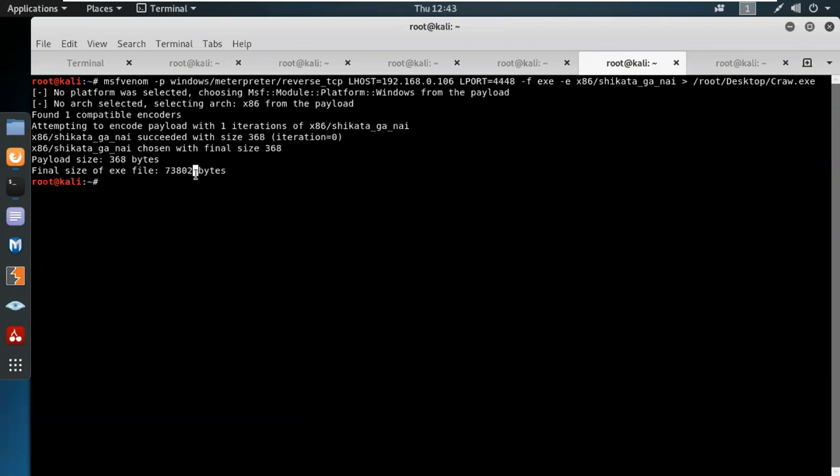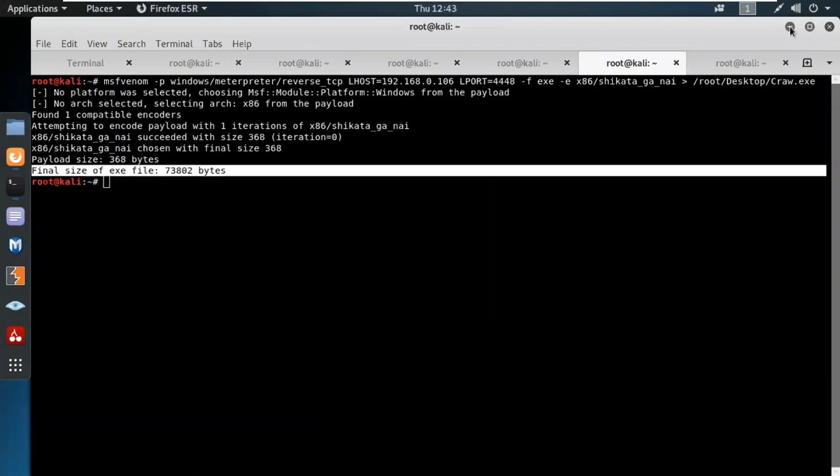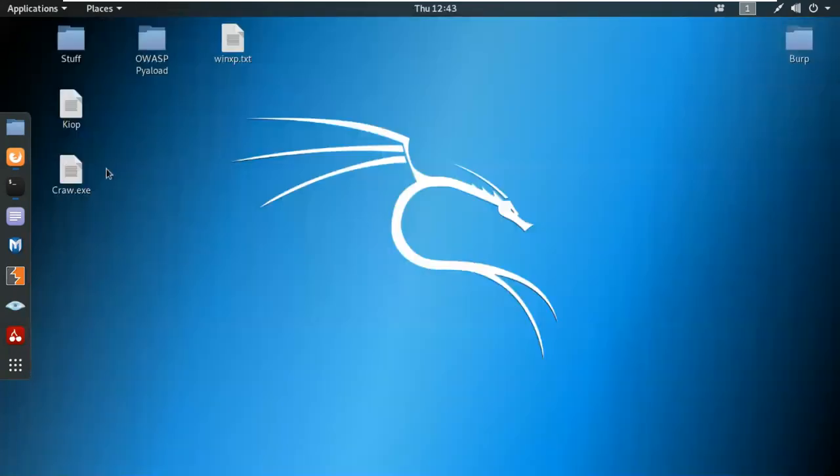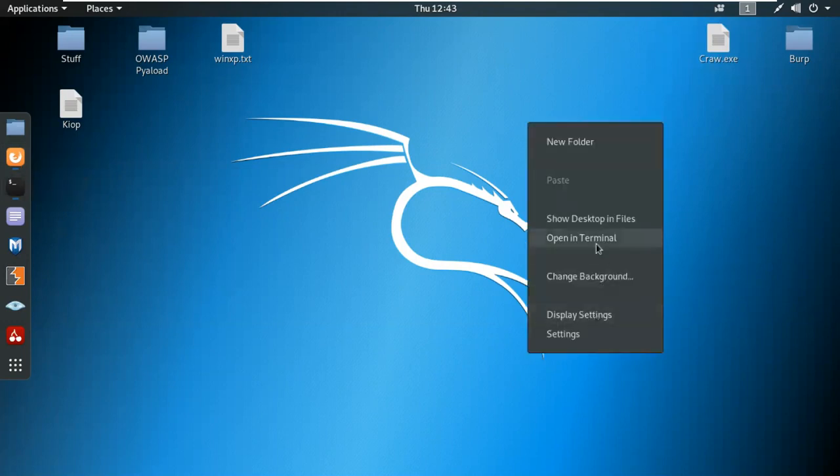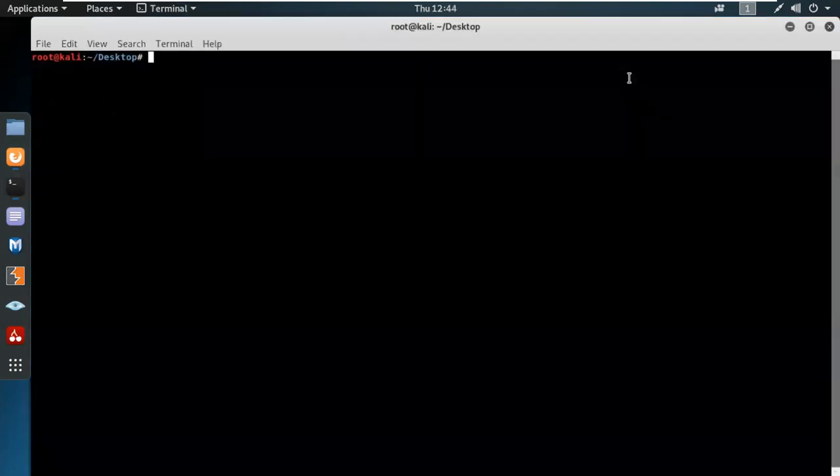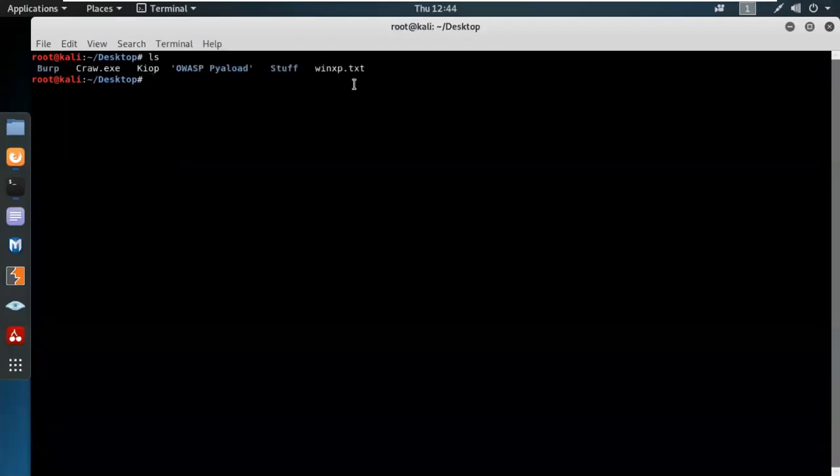So the file has been created. Let's see the file. The file is over here. So I'm going to try to open a terminal over here to check the extension. So ls, and I can see the file over here. I'm going to use the utility called file, and the file name, to check which kind